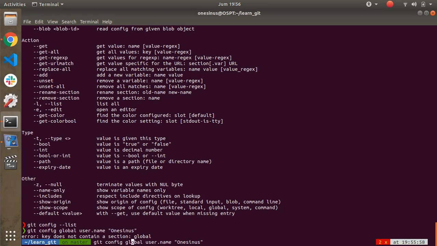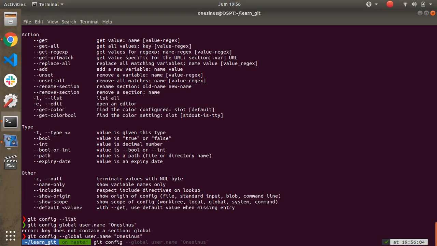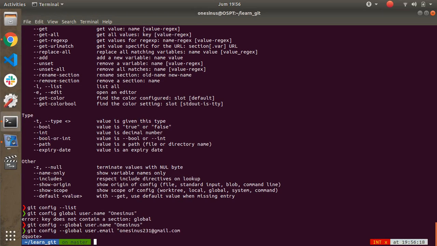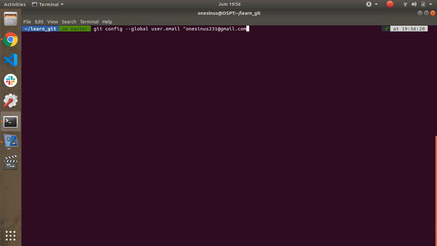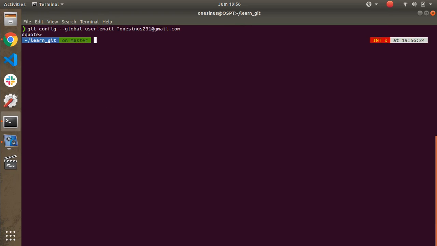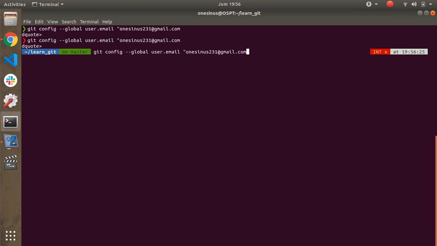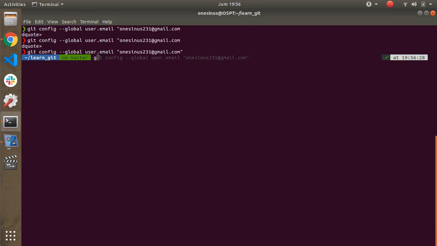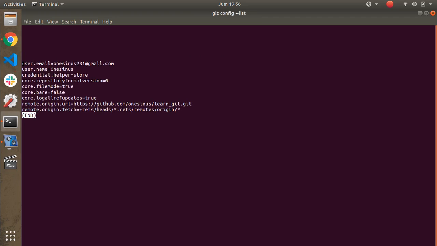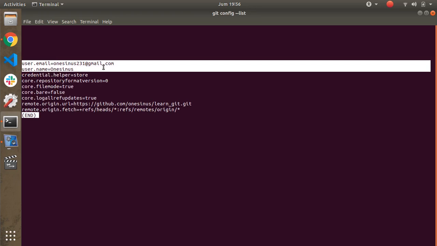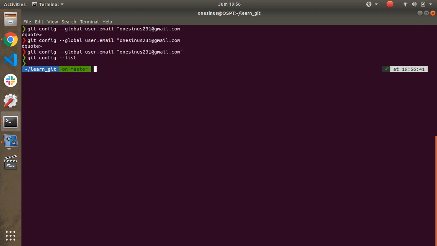Then git config --global user.email, and you can define your email here. Oh, I'm sorry, I made a mistake. Okay, you can run git config --list again, and you will see the git username and git email have been changed.